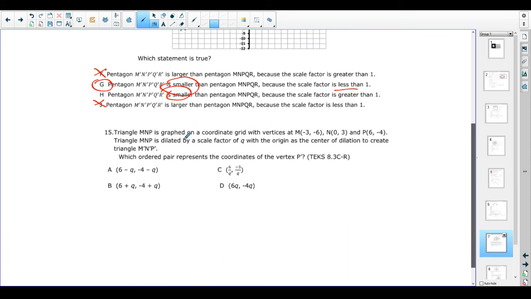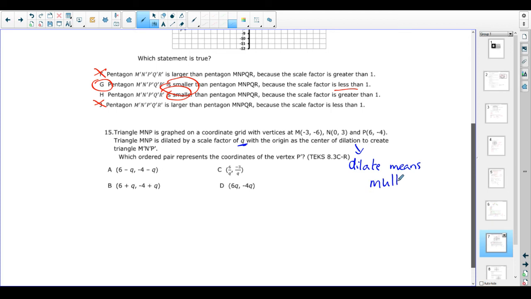This one was a little bit different. I like this question. You had to think. Triangle MMP is graphed on a coordinate grid with these vertices, dilated with a scale factor of Q. Ooh, doesn't give us a number here. To create a new triangle. Which ordered pair represents the dilations of the vertex? So we don't know what the scale factor is, but we know by now dilate means